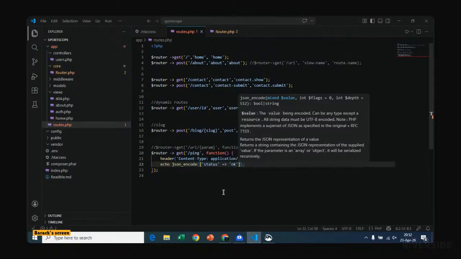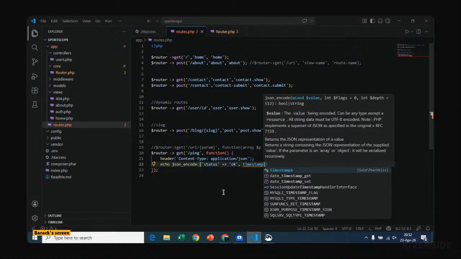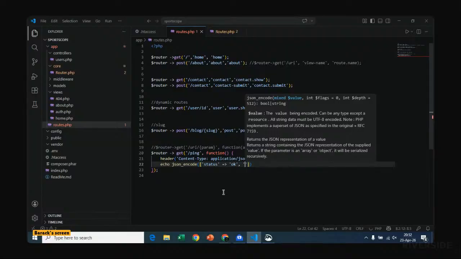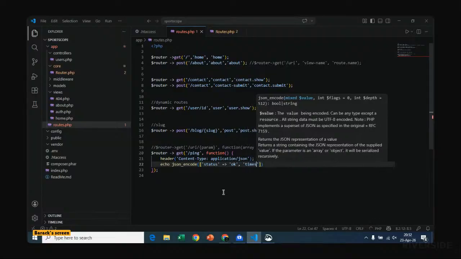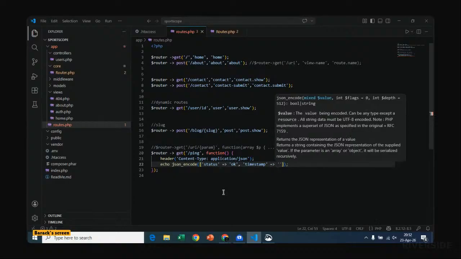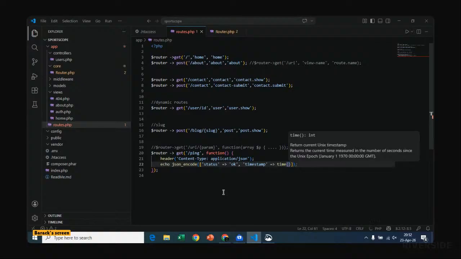So when status is okay, and then we have sort of a timestamp. And the timestamp is also the current time given.